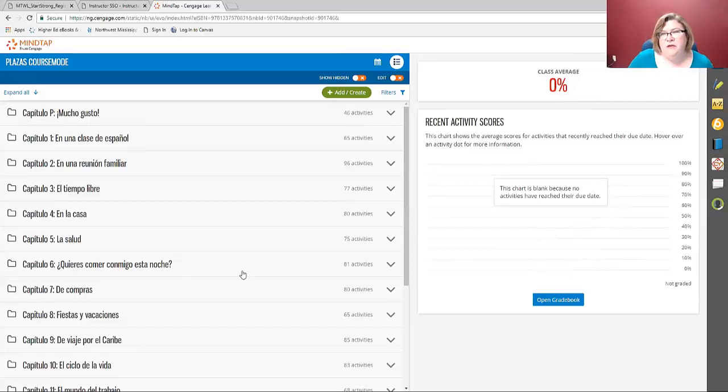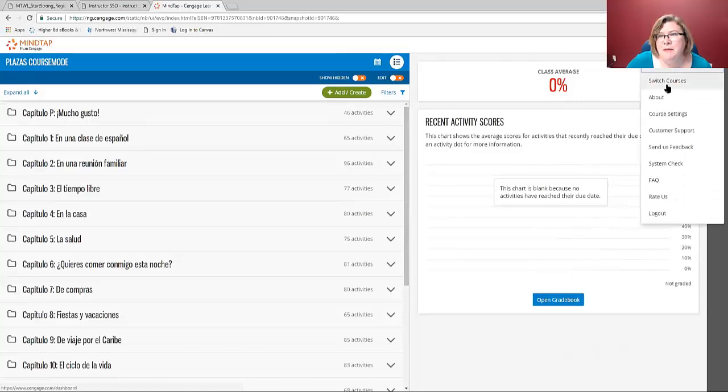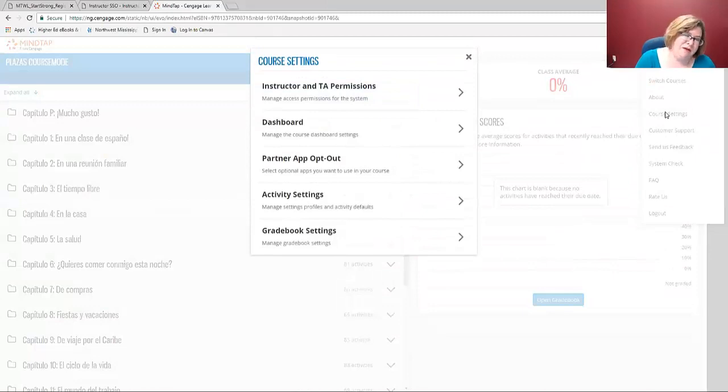So after I go through, I was showing you right here on the side about the course settings. So when you want to set up your courses, this kind of goes back to what we've already done. So first off, who can access your class dashboard, how your class is going to show up, apps that you might want to add in or out for MindTap. That's going to be something we're going to hear more about as MindTap is more fully developed, that there may be some things that are more specific to foreign language. Activity settings are definitely going to be one that we're going to talk a lot about, and we'll come back to gradebook later on. But I do want to talk about activity settings.